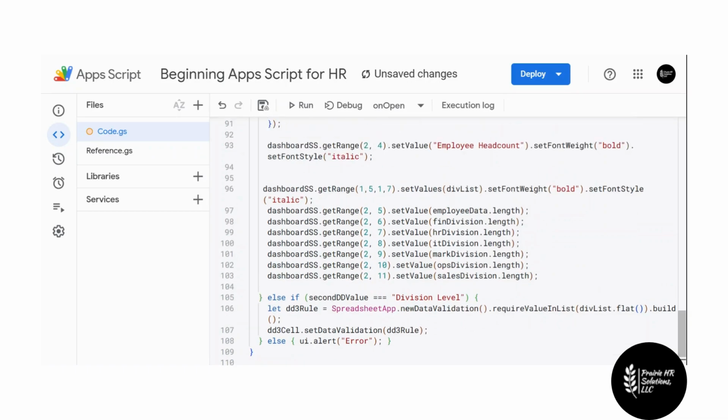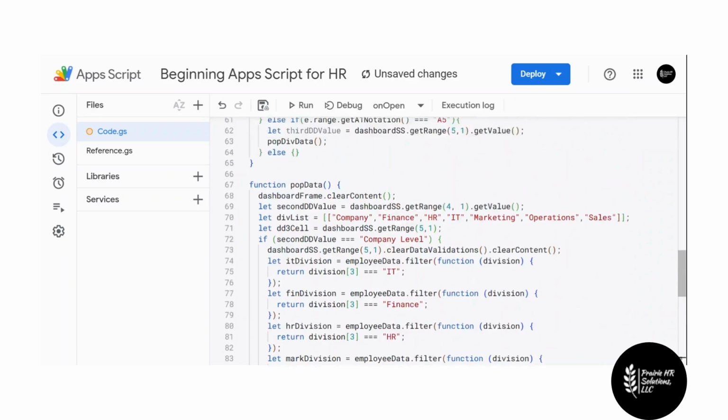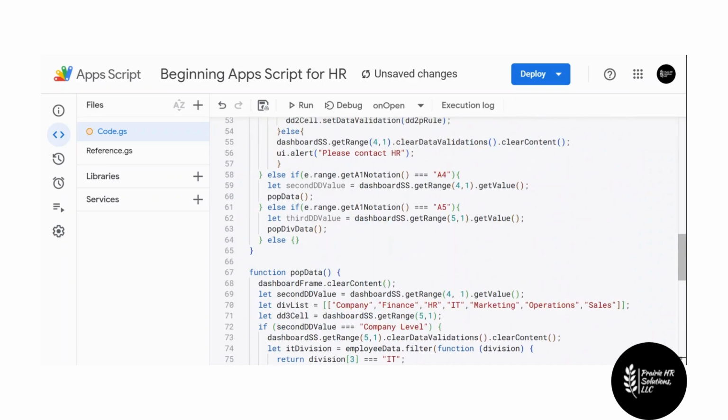And I'm going to take this opportunity to focus on our argument. So when we come up here, you'll realize that in our pop data, we are calling a variable right before we call this pop variable or this pop data from our second dropdown piece here. We are actually creating a variable to get the value of that cell. Now, we're not actually doing anything with this variable yet. In fact, we're calling this variable again down here. So there's some redundancy here. What we can do is take the value of this and pass it as an argument